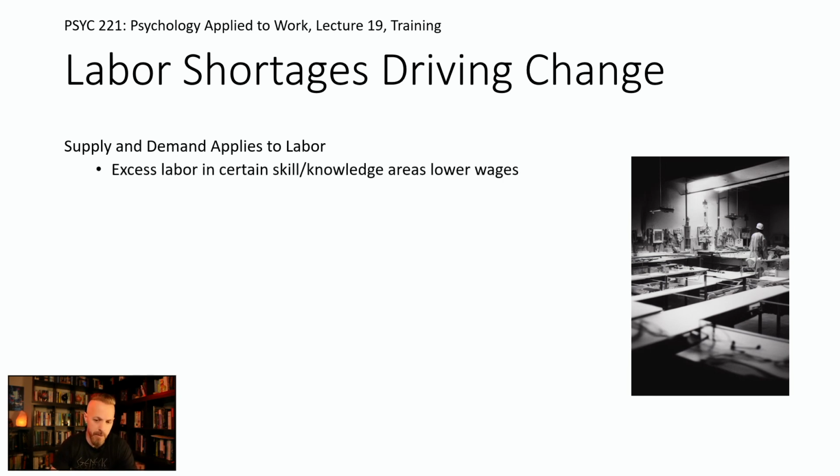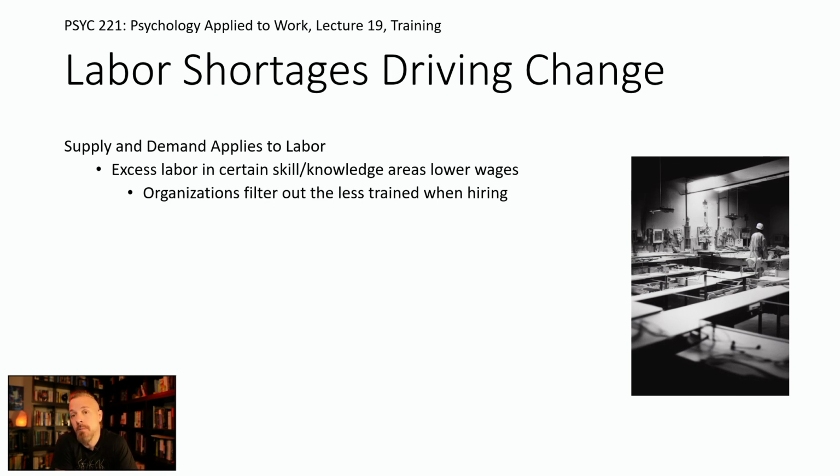And when you're in a situation where there's excess labor, and that's usually specific, there are certain skills that are almost always forever scarce, but what's the demand? It's not just the supply, it's the demand. It's not just how scarce a skill is, it's also how many people are actually looking for that skill. But when there is excess labor in certain skills or knowledge areas, that tends to lower wages. And then organizations can be pickier, and they can basically decide they're going to